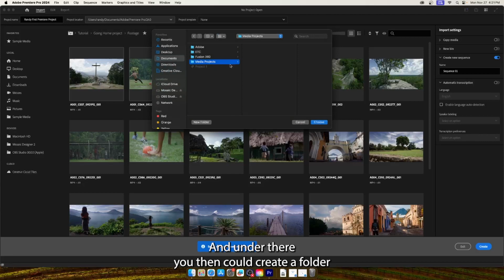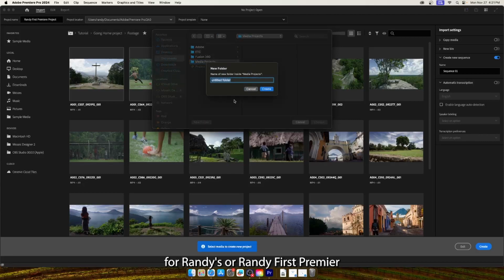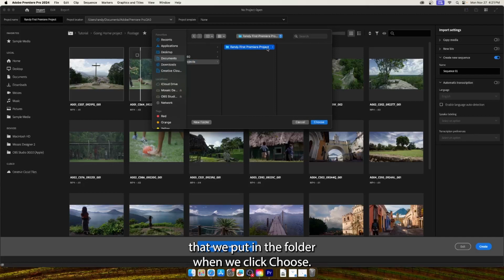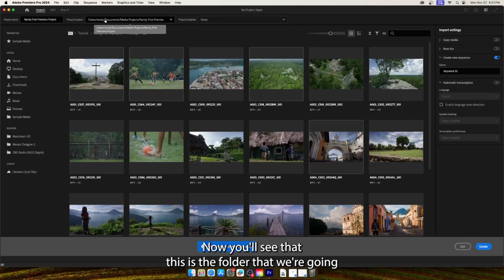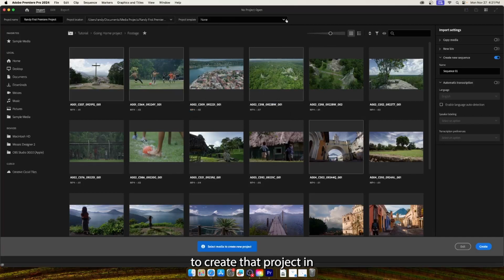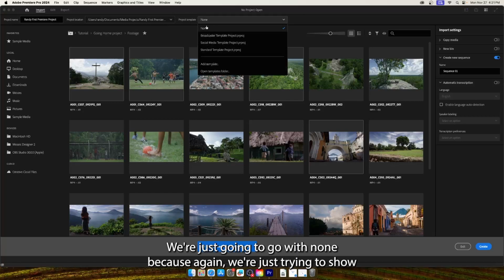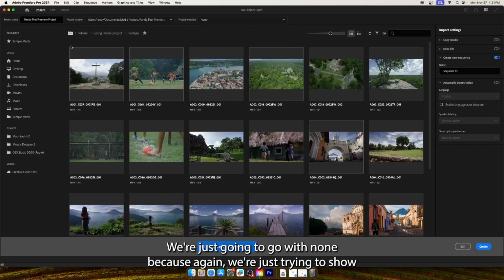And under there, you then could create a folder for Randy's First Premiere Project, which matches the name of your project. Okay, so that's the name we put here, and it's also the name that we put in the folder. When we click choose, now you'll see that this is the folder that we're going to create that project in. The project template for purposes of this, we're just going to go with none